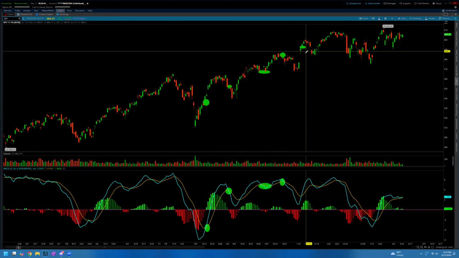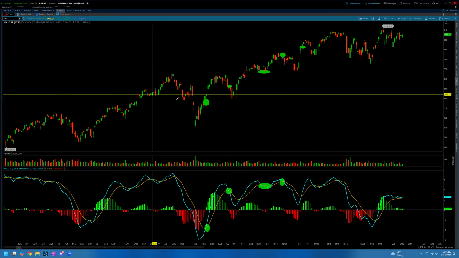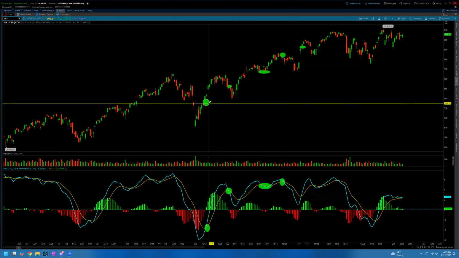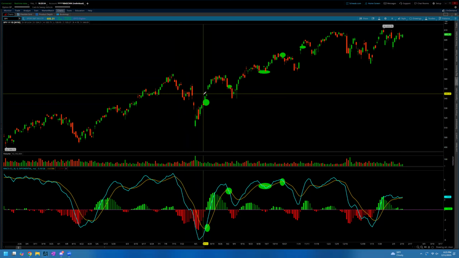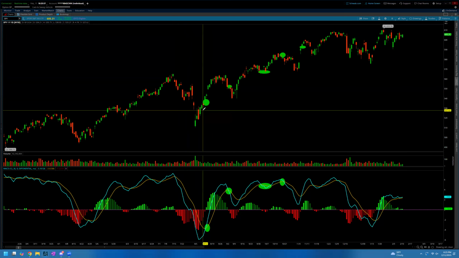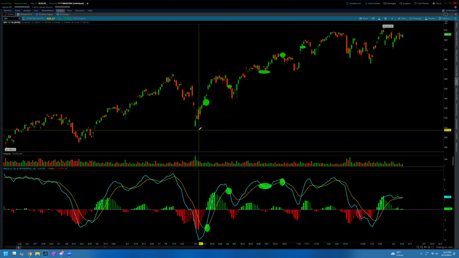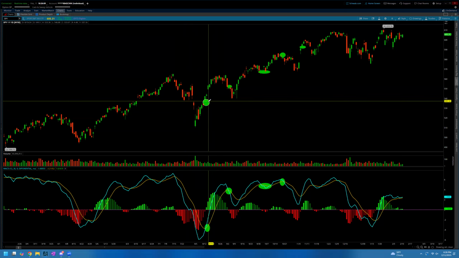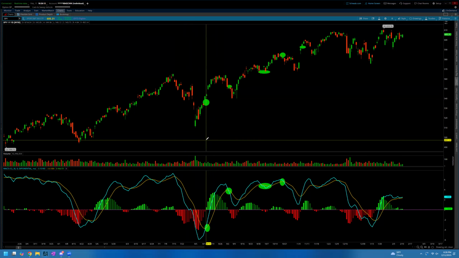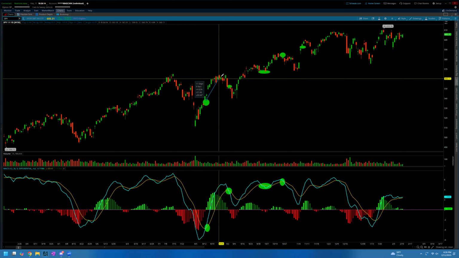And another one right about there. So you can kind of see how these crosses in MACD definitely lag the overall trend change in the market. And that's something normal that you'll see with a lot of indicators, right? They're not going to be leading indications of when the market's going to reverse. It's mostly going to be confirmation of the trend that's already taking place, or an indication of continued momentum in that direction. So you can see here, after that MACD crossed, we got a decent continued move to